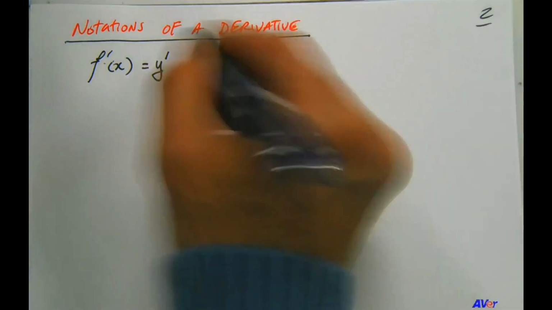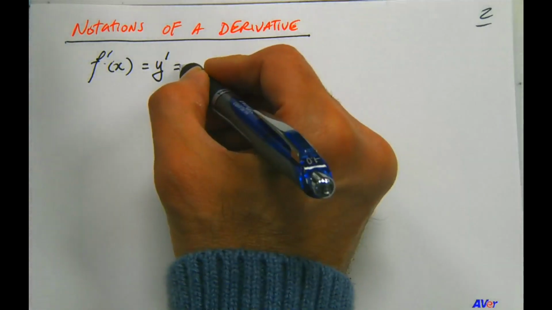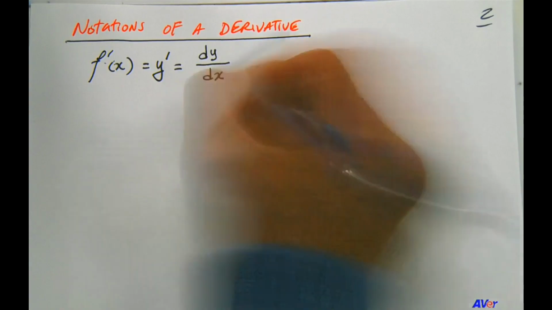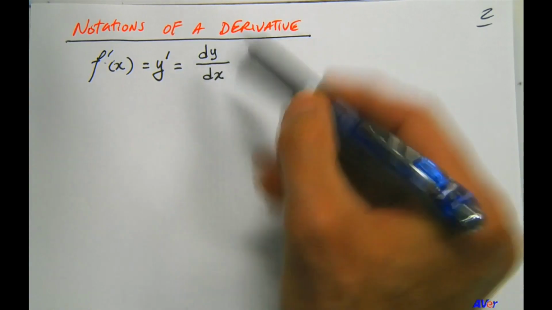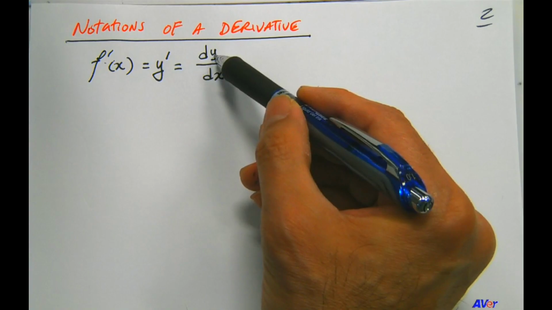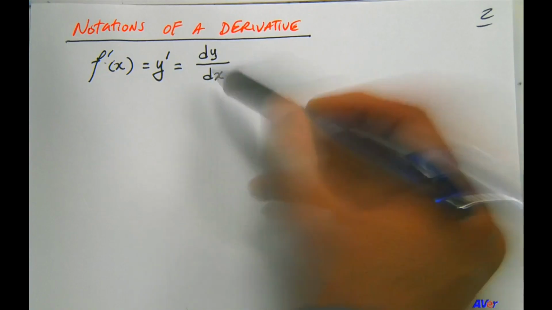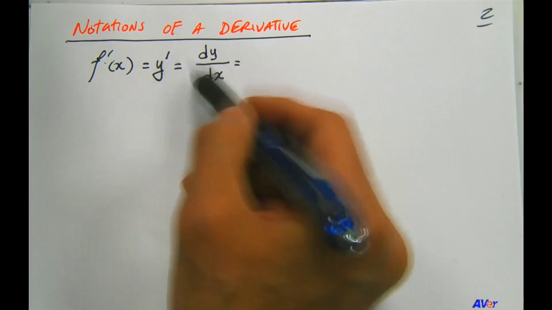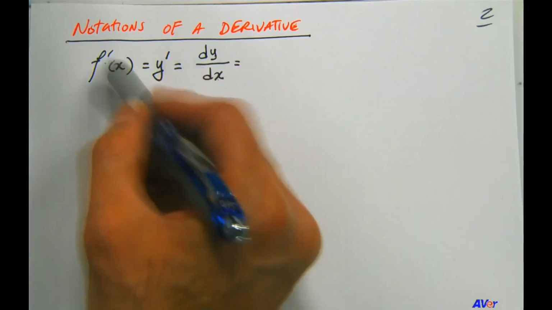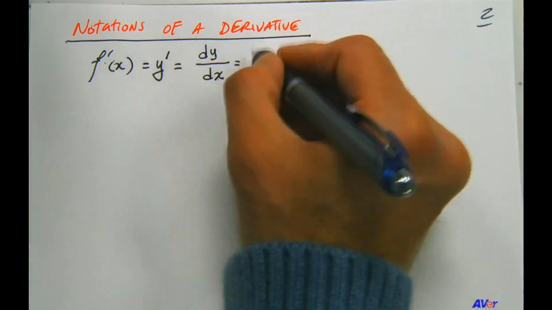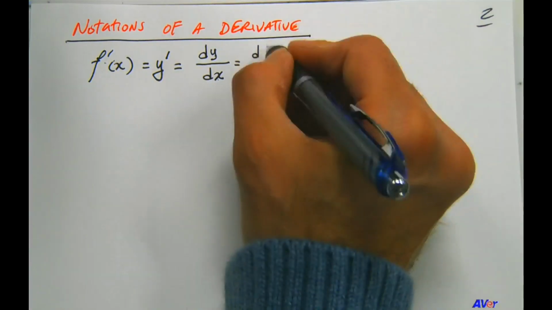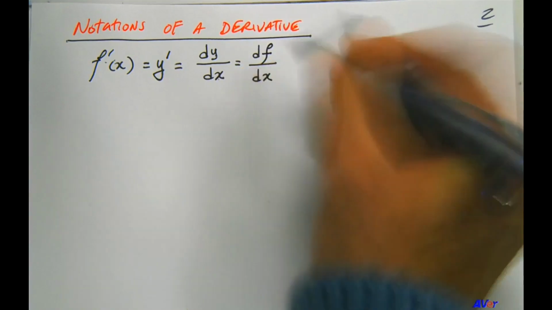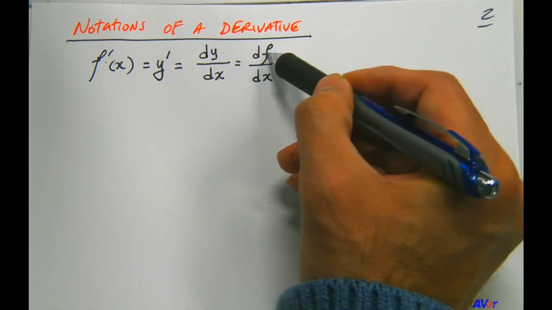So what are other notations? Well, another notation is dy dx. That is the derivative of function y with respect to x. Well, we can say that for a function that was called y, but can we say it also about a function that was called f? Absolutely. We can say if a function was called f, then df dx is the derivative of function f with